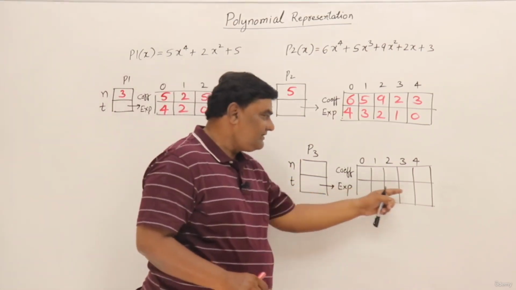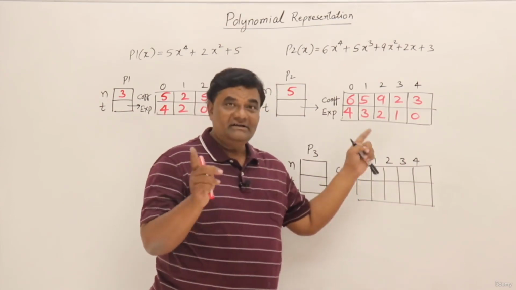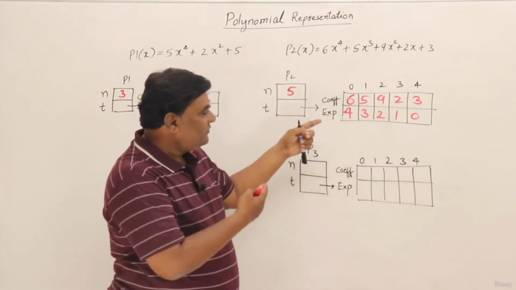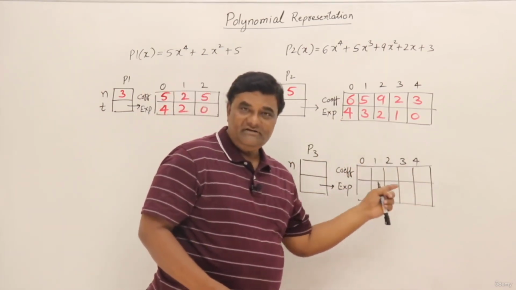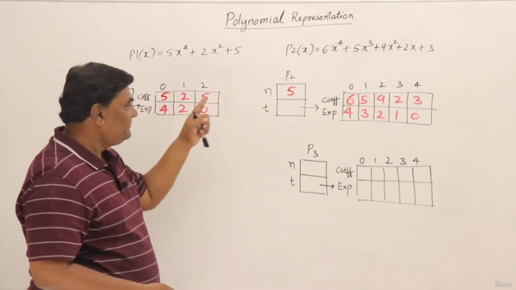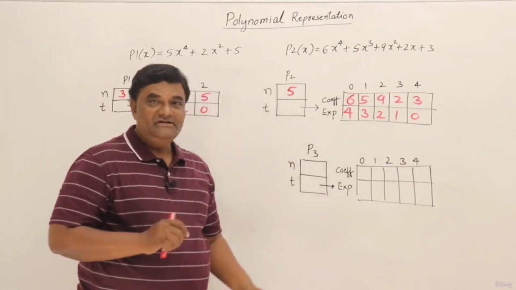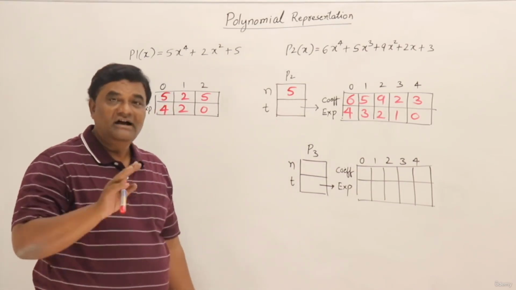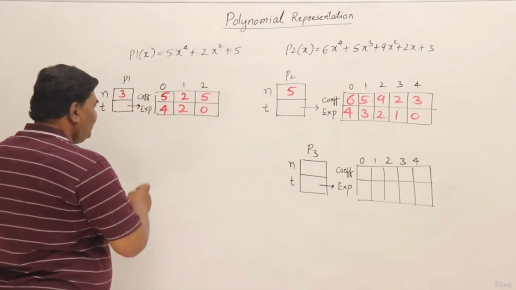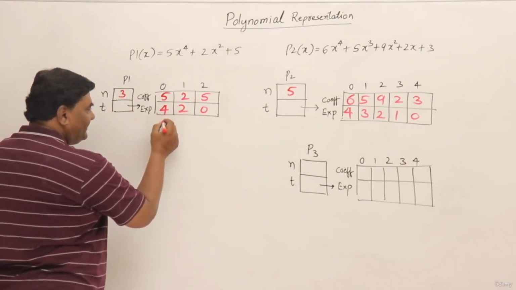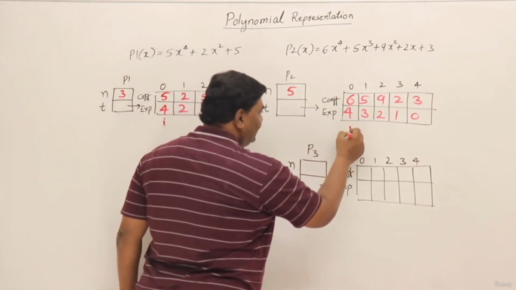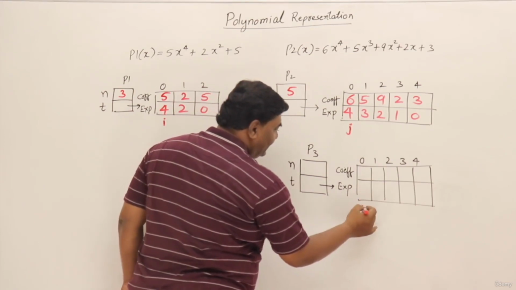So I need an array here of size. How much size? Again, maximum 8. So I should take an array of size 8 here, but I already know what will be the answer, so I have taken only 5 here. So you have to take an array equal to the number of terms here plus the number of terms here, because that many terms are maximum possible. Now let us see how to add these two. For adding these two, we need index pointers, not address pointers. I on 0 of this one, j on 0 of this one, and k on 0